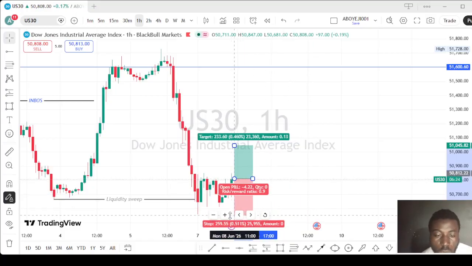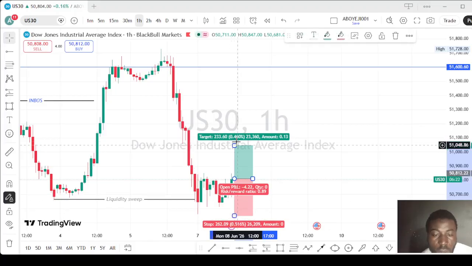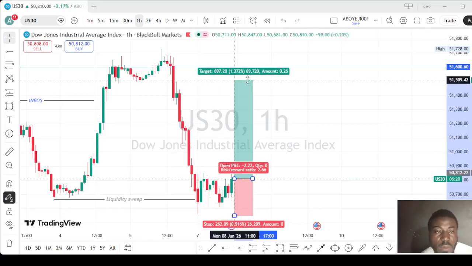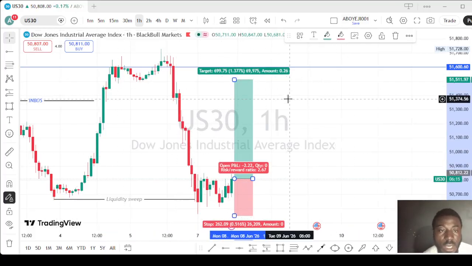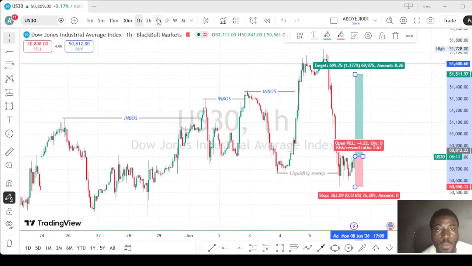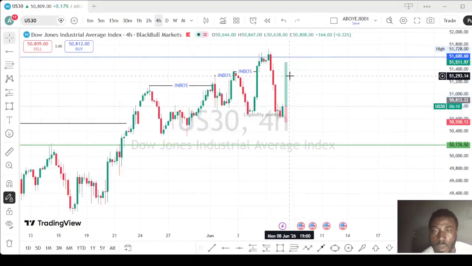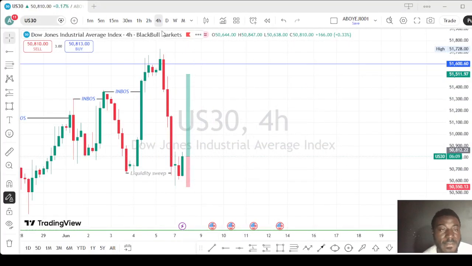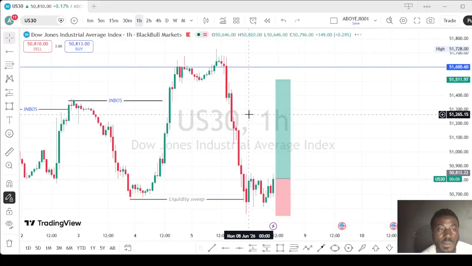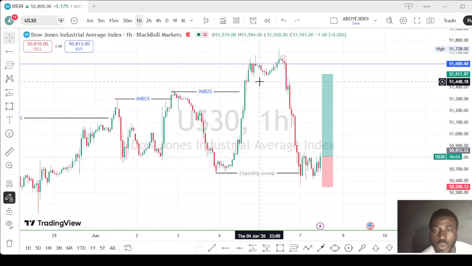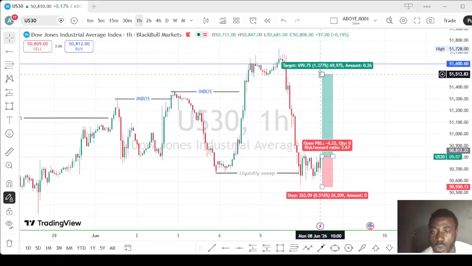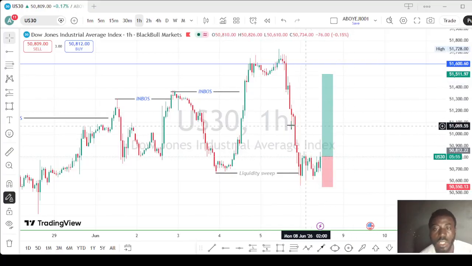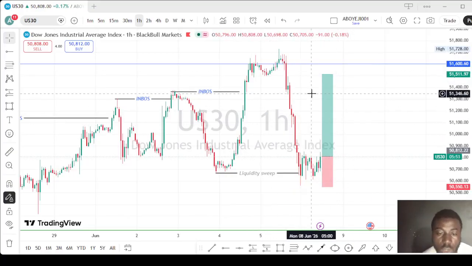And our stop loss will be below here because we are expecting the market to mitigate here. This is an opportunity for us, because on the 1 hour time frame, this is a market structure shift and this is a liquidity trade uptrend. So let's expect the market to come back to this here before we see it chop down again.